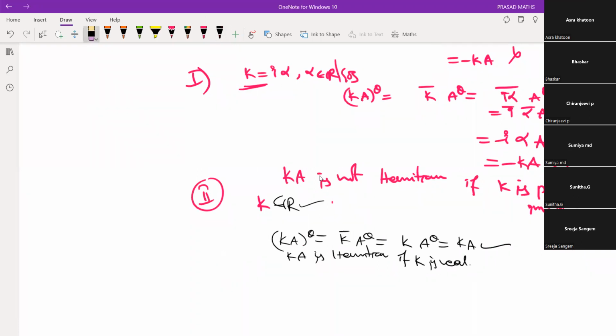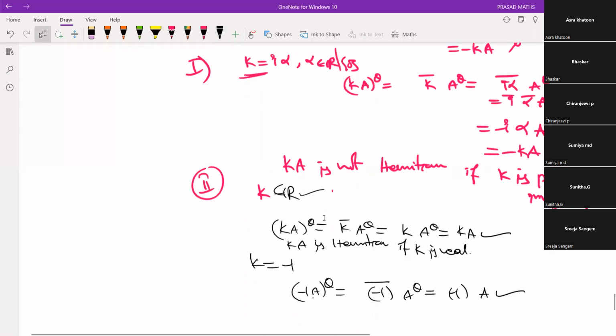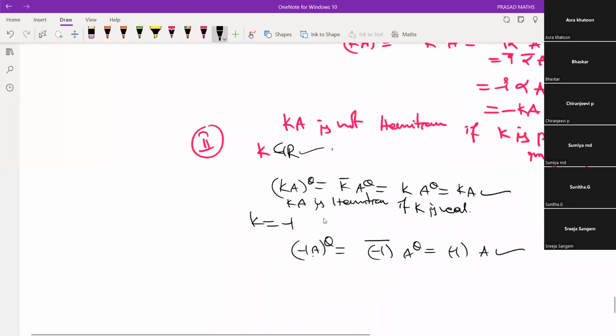Understand? K is any real number. If you take K equals -1, then -1 into A whole theta is -1 whole bar into A theta. -1 whole bar is nothing but -1, because -1 is a real number. Therefore -1 A theta is equal to -1 into A, the same matrix. Therefore, it is Hermitian. See, K is any real number. You can take K equals -1, 2, 3, 4, anything. Any real number you can take. So it is Hermitian. The next possibility: